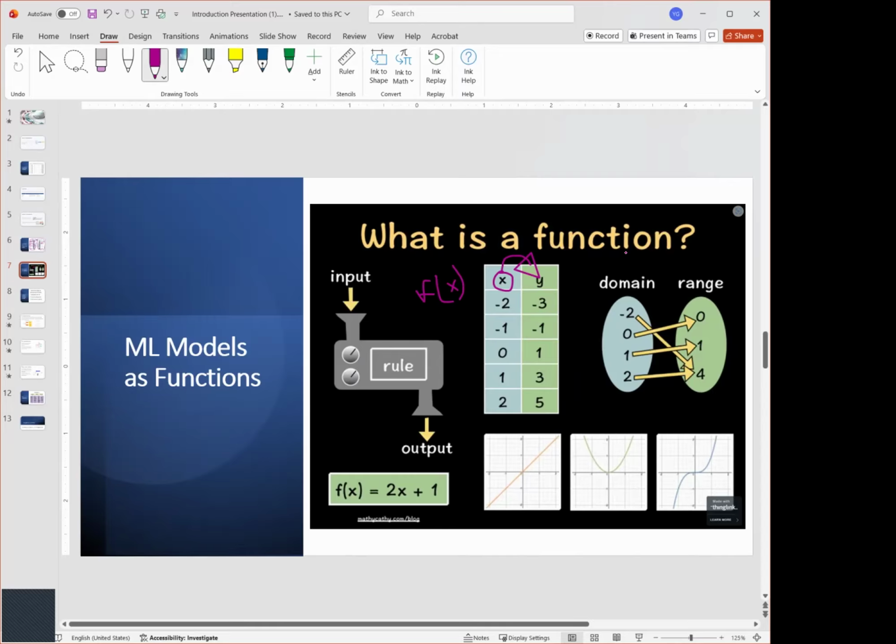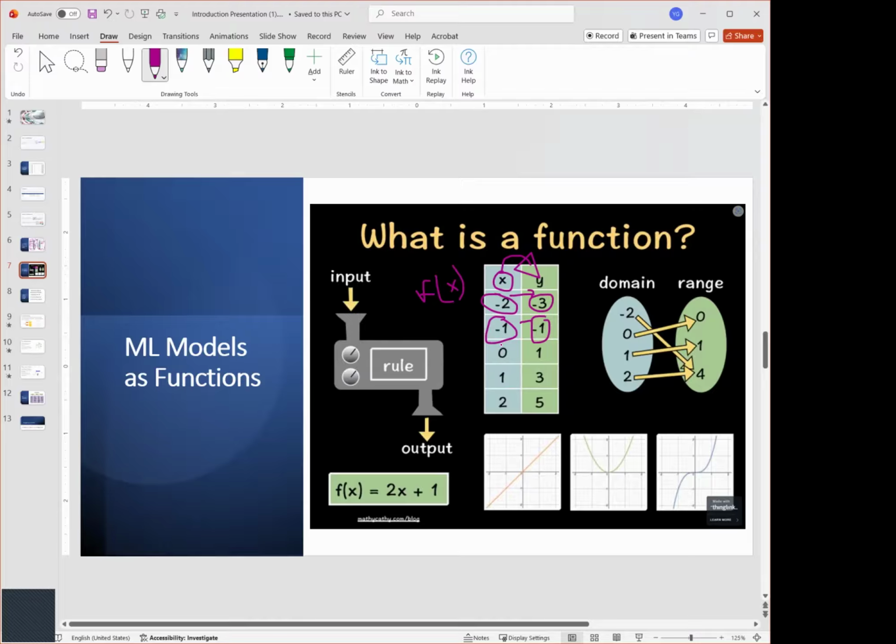We don't know what it is, but we know there is a function that converts this -2 into -3. There is a function out there that converts a -1 into -1.